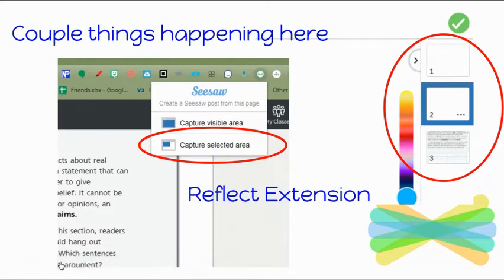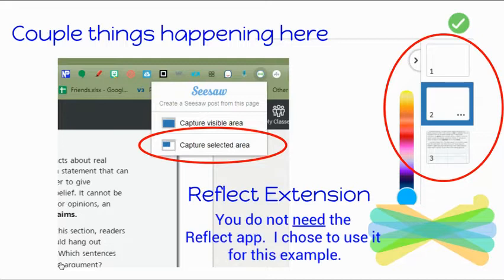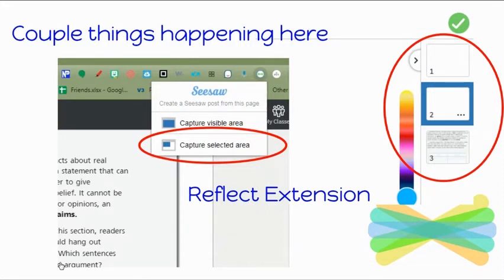And then we're also going to be using an extension, which is the Reflect extension by Seesaw. I love that extension. It's awesome. And so on this particular page that we're looking at, I'm going to use that Reflect extension and capture a selected area. But first, if you'll note on the right-hand side of our screen, I've already added multiple pages to